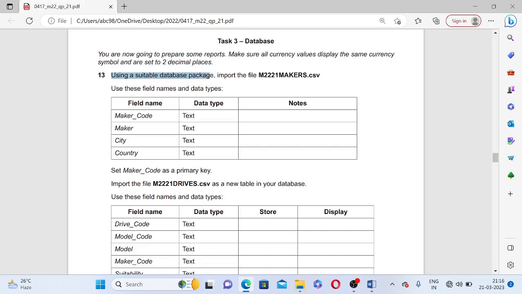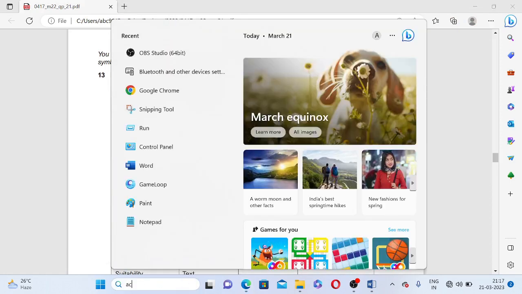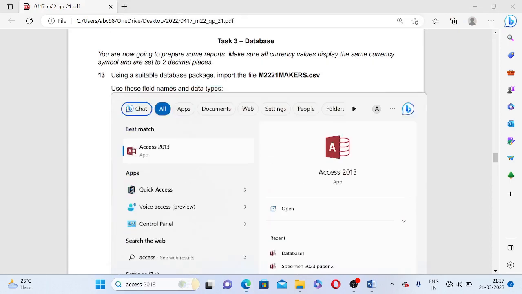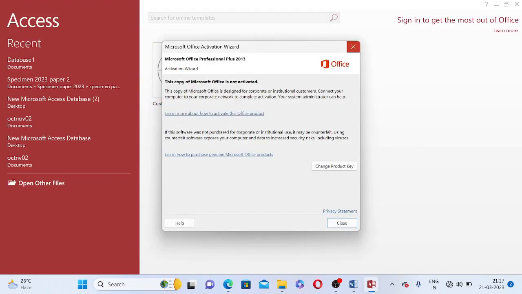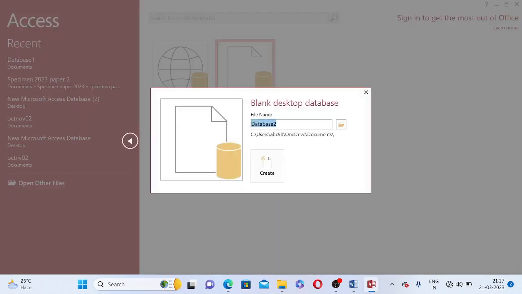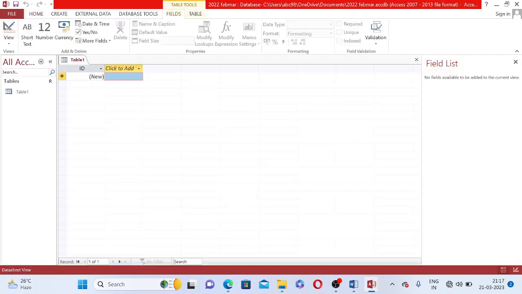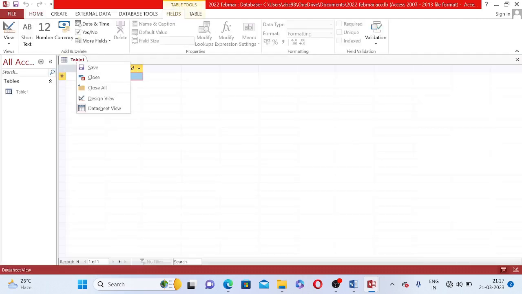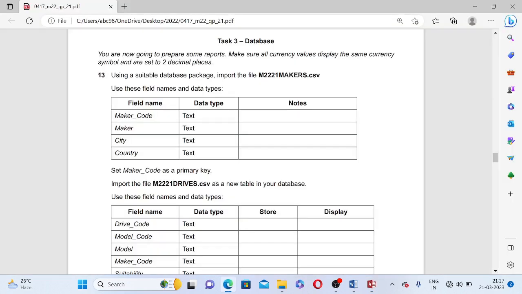Using a suitable database package, import the file M2221 makers.csv. Now which is the suitable database package? MS Access, because we are going to do the database task in MS Access. So we'll open Access. I have Access 2013 here. Create new blank desktop database, like suppose 2022 Feb March, and then create. So I have created the blank database here. Now what we have to do is